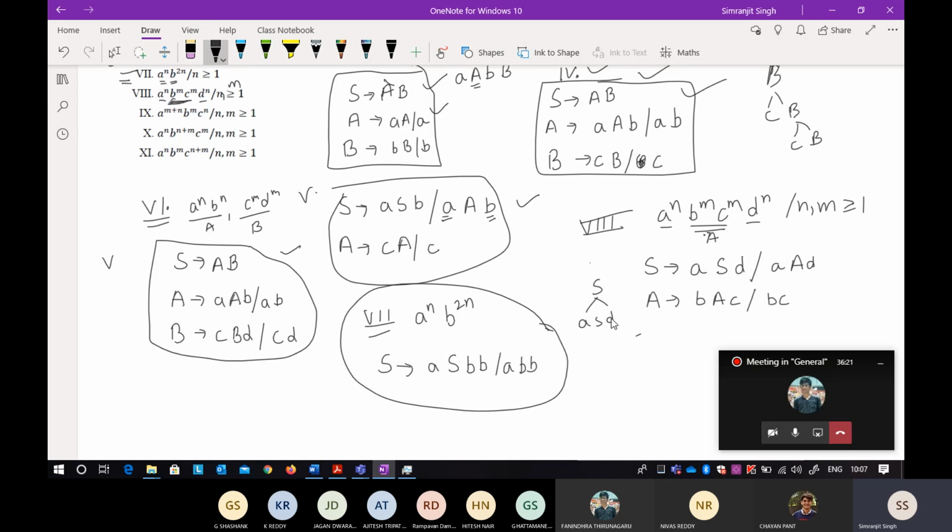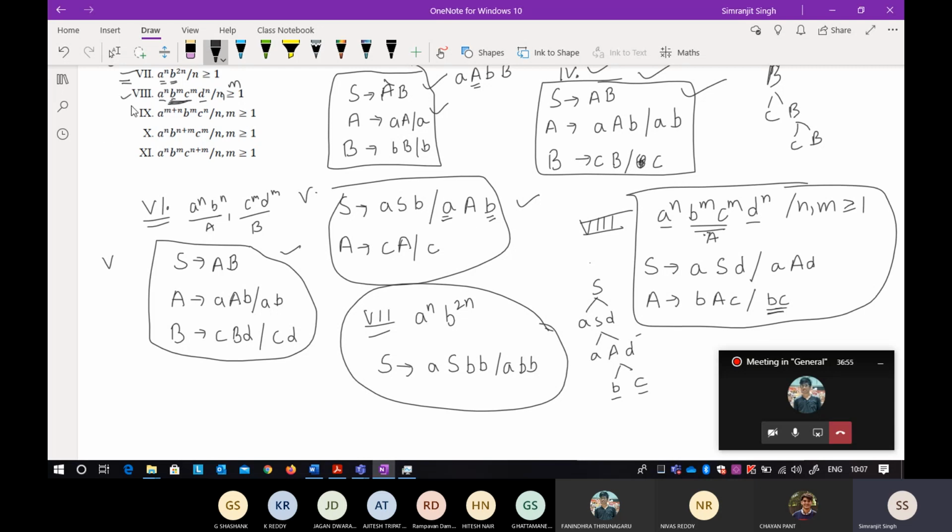If you're thinking that in the expression there will be only A and D, this is not possible, because for S, if you want to stop, you have to derive a, because in that a you are getting a non-terminal here. So you will get the a by using this AAD, and in that you will get a BC. Now if you see, the smallest word will be AA. There are two A's and two B's, and the B's and C's are equal. That is how it is derived. I hope you understand this one also. Now I think there is no challenge there.